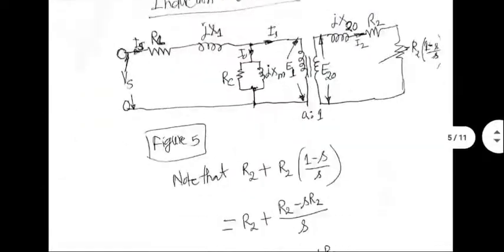Basically, I'm using Z2 as the total impedance on the rotor side. I'm using this equivalent circuit right now. And A is assumed to be 1 anyway, because nothing is given. So this entire thing will go on the stator side unchanged because A happens to be 1. And then it will see this parallel combination of RC and XM. But RC is not there. It's infinitely large. So R2 plus jX2 naught will see jXM in parallel.